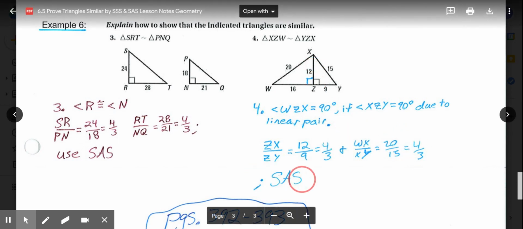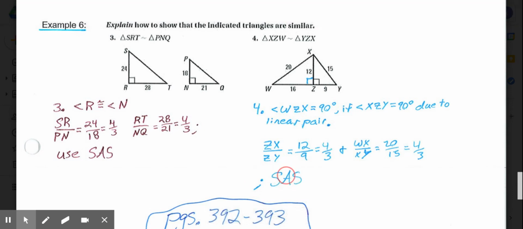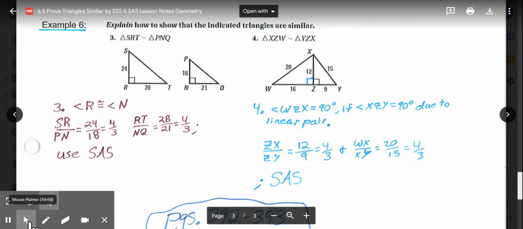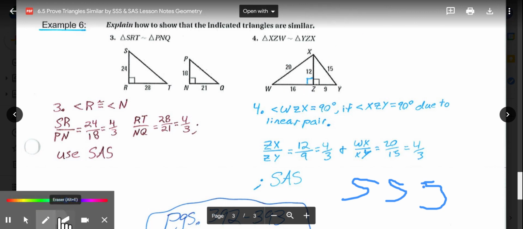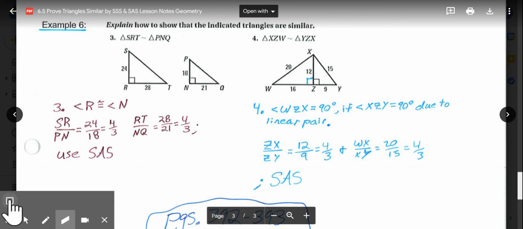So in this case, you could use side, angle, side, or they could have used side, side, side, depending if you use the angle here or if you just check the ratios of the three sides. So on that one, we could use two of the different